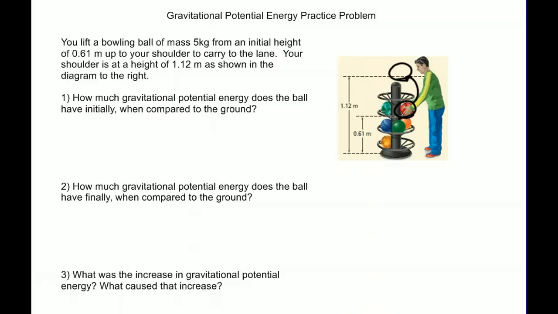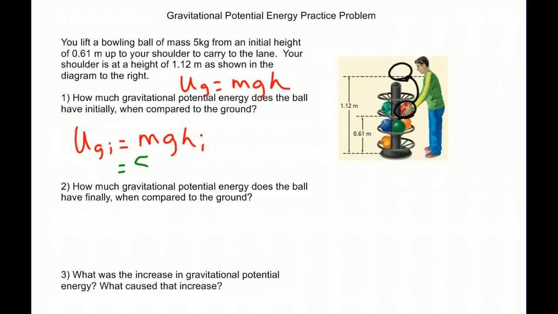And welcome back. So if we're trying to figure out gravitational potential energy, UG is mgh. So for this case, UG initial is going to be equal to mg times h initial. The reason I can do that is because h is the only thing that changes here. Mass is the same and gravity is the same. So when we plug in our values, we've got 5 times 9.8 times the initial height of 0.61, and the result is our initial gravitational potential energy of 29.9